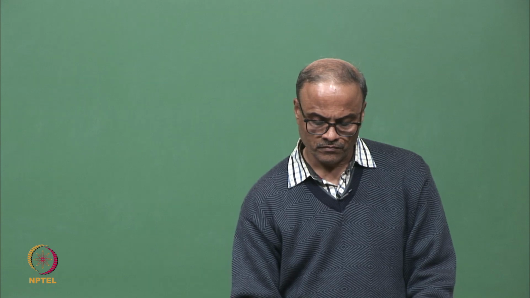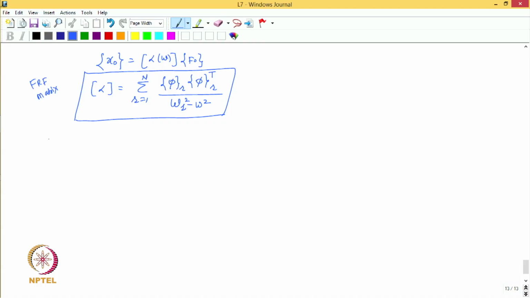Therefore, we can say that if I have the frequency response functions, then it is possible to find out the response, and hence we defined another type of model of the system, a response model. Okay. And this we are going to define in the frequency domain. It is a frequency domain response model,